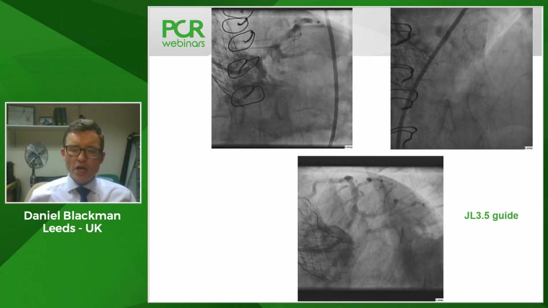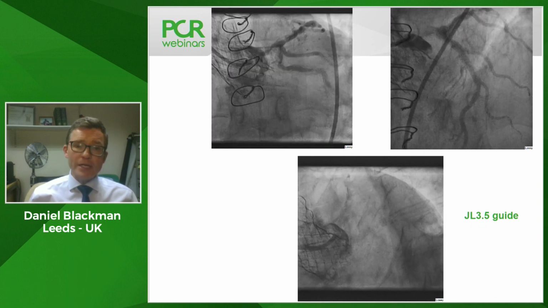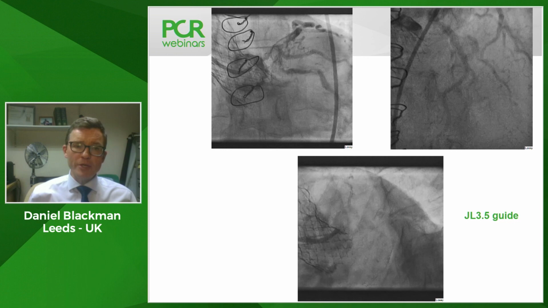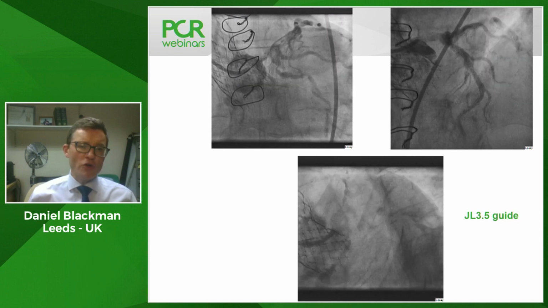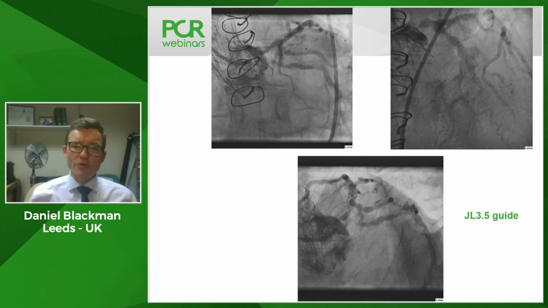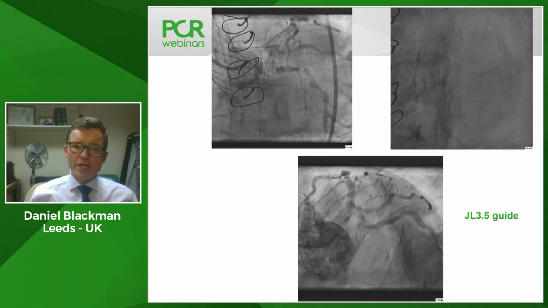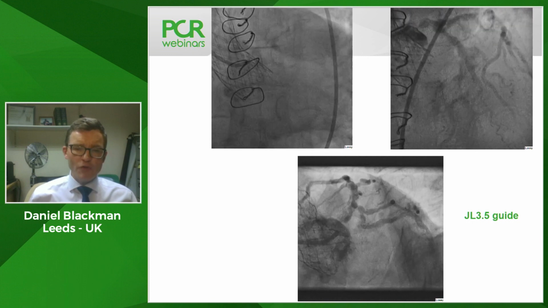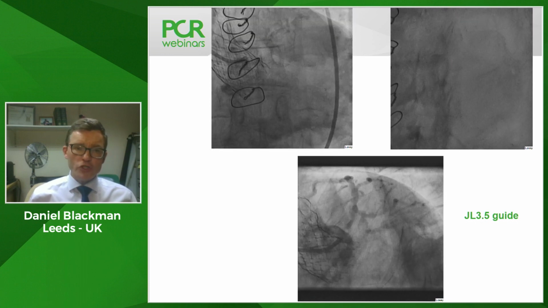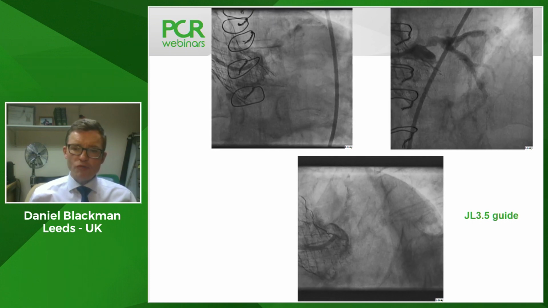Now, as we've discussed, you will often, very often, even with the Evolut valve, be able to access the coronaries very easily, depending on the depth of implantation, and particularly depending on the commissural alignment. If the commissures are not in front of the coronary ostia and the valve is not implanted too high, so that the sealing skirt is below the coronary ostia, then you may be able to access very easily, and your guide will slip through the large cells of the CoreValve or Evolut device. But as you'll see in this case, that wasn't what we experienced, and not surprising given that the other center had failed. The guide catheter initially was hard to get through the Evolut,